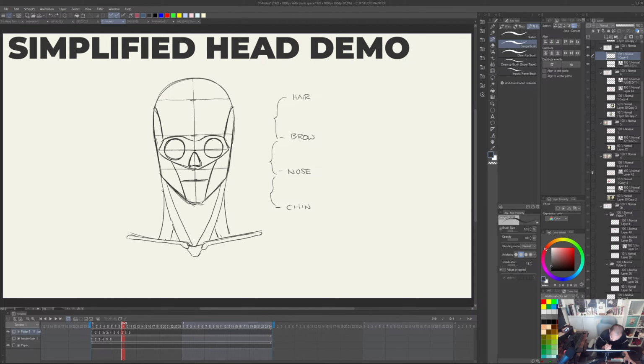The back muscles are right here, and depending on your character, you may have more pronounced back muscles. I'm basically just drawing a typical male character over here with some defined back muscles, right? And then once that's established,